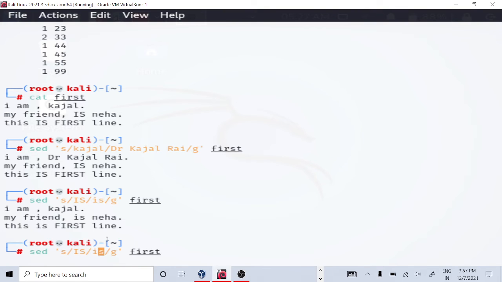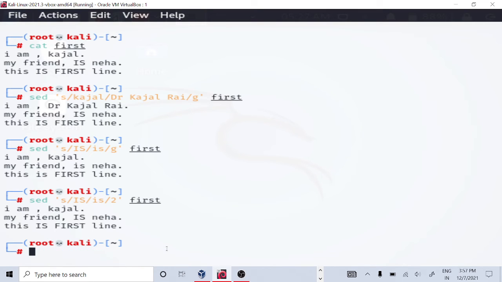Also, if you don't want to replace with only the first or second occurrence, you want to replace, that means the third line in which capital S is coming you want to replace, not the second one. Then this is the number of the occurrence up to which it will be replaced.